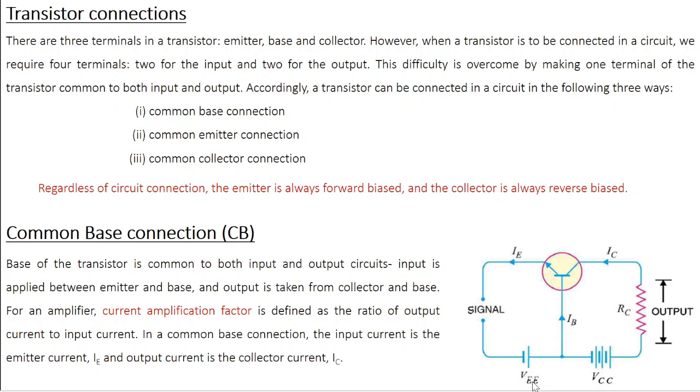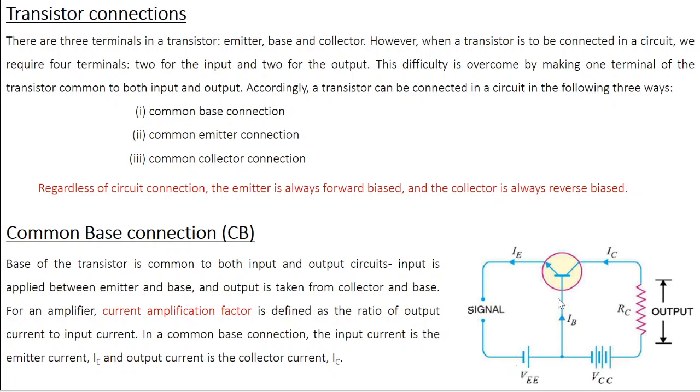So this is a double subscript notation. When both the subscripts are the same, it indicates a bias voltage or a source voltage. So here VEE is the source voltage at the emitter side. Similarly, VCC is the source voltage at the collector side. On the other hand, if the subscripts are different, for example, VEB, it indicates the potential difference between emitter and base. Similarly, VCB is the potential difference between collector and the base. Okay, so that's the convention we are going to follow from now onwards.